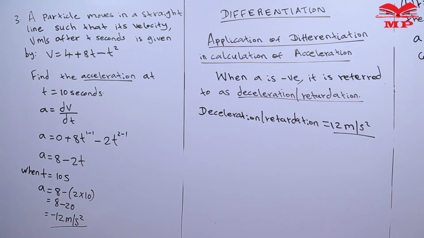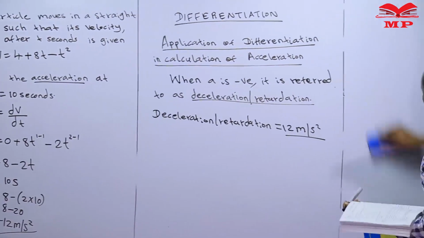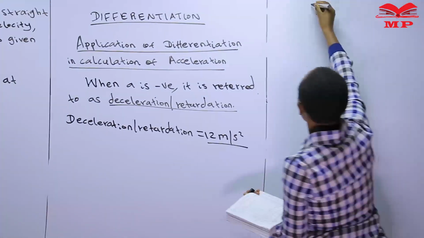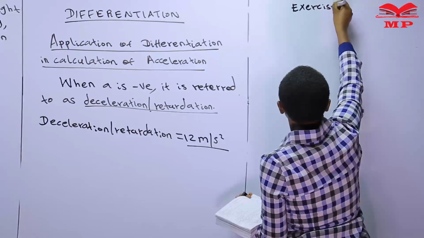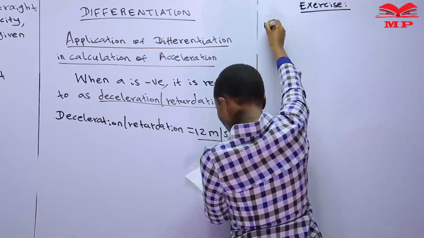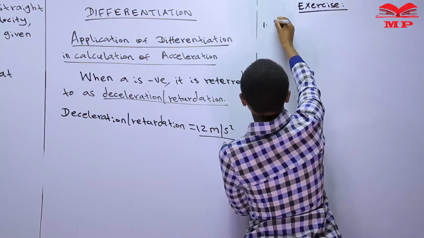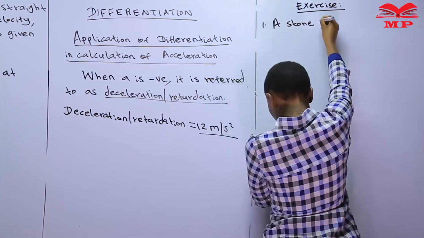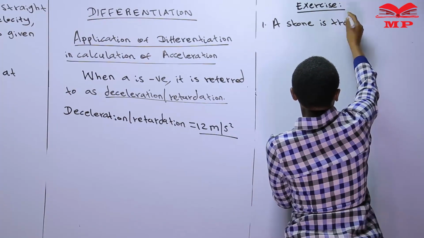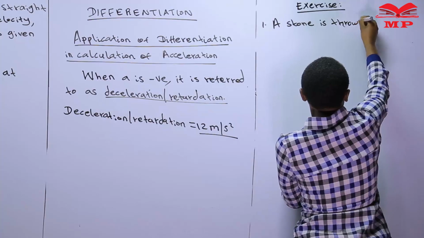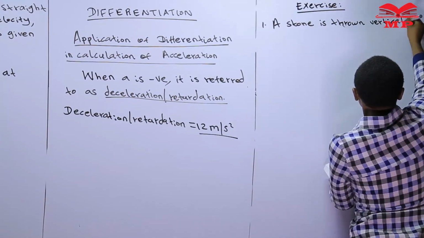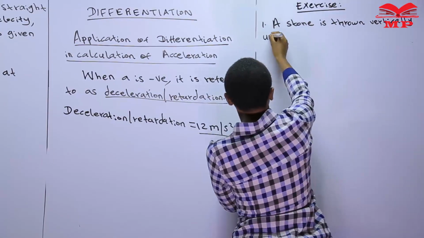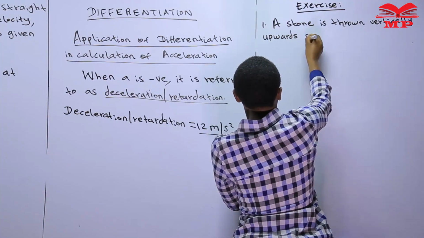I want to give you an assignment, an exercise for you. I want you to do the following exercise. Question number 1. A stone is thrown vertically upwards, such that